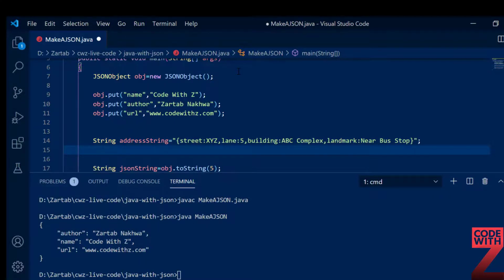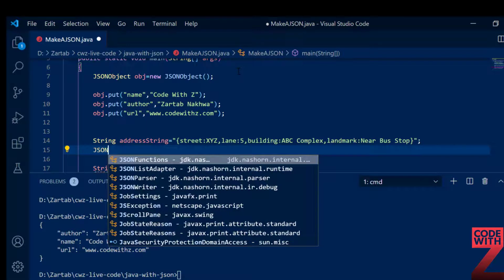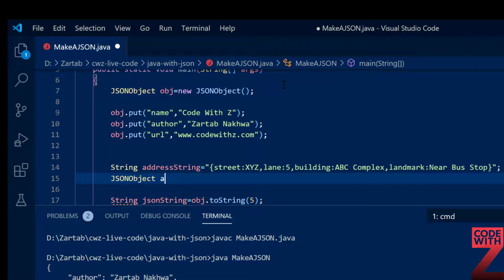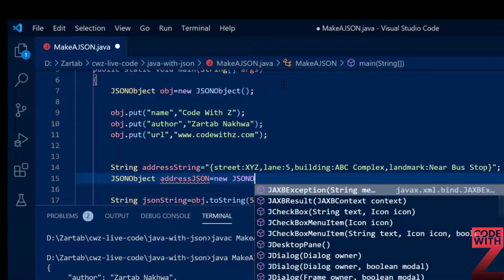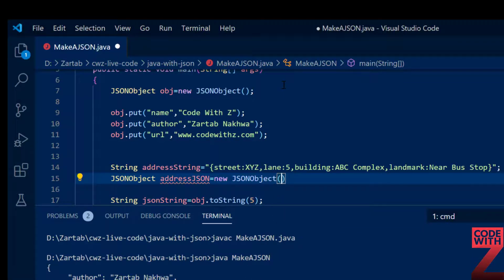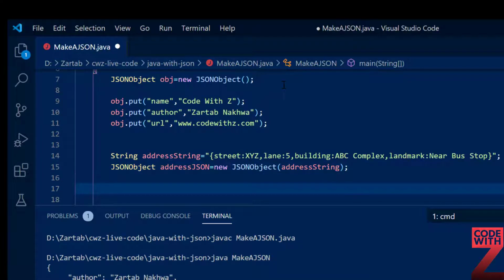So I have created a simple string, and now I'm going to write JSON object address JSON is equal to new JSON object, and I pass the address string here. There is a constructor of JSON object which is going to take this JSON string and convert it into an object.